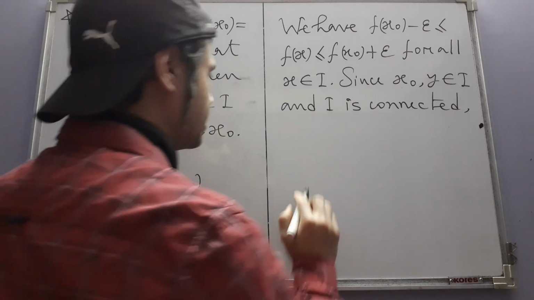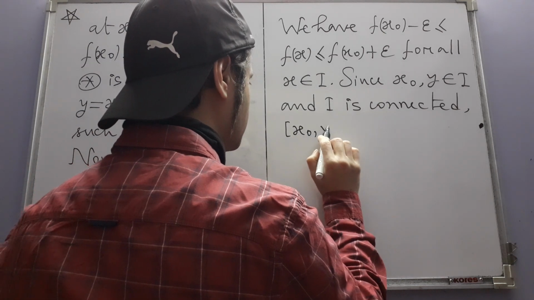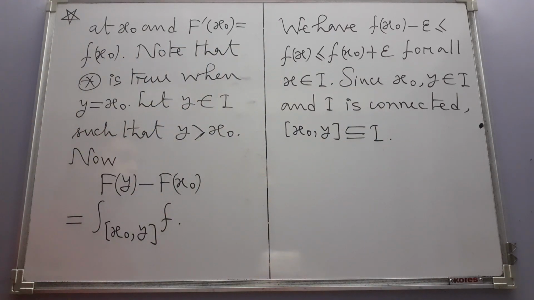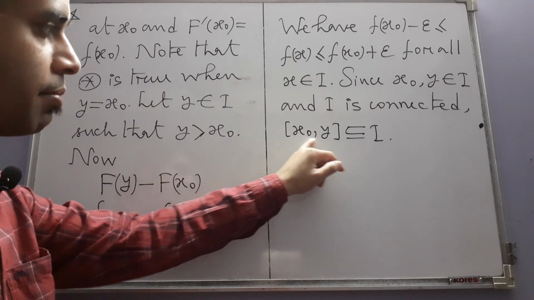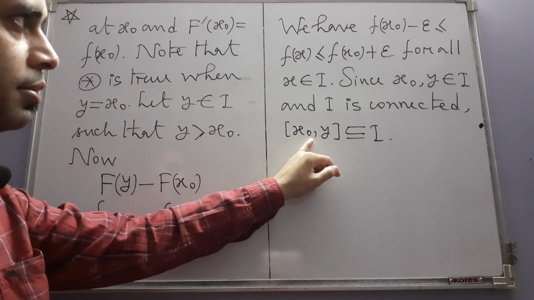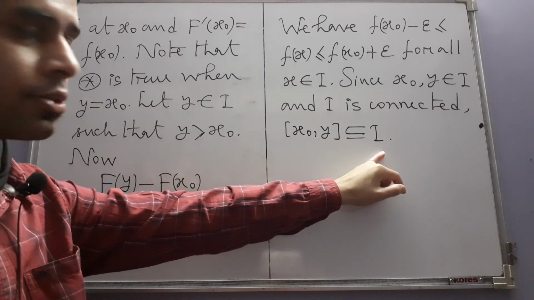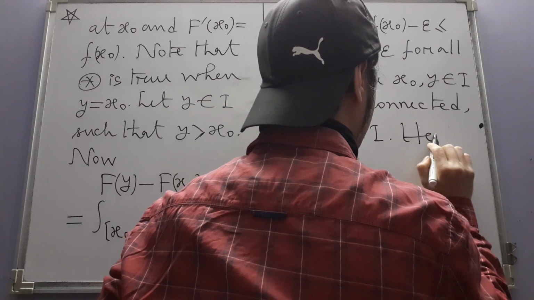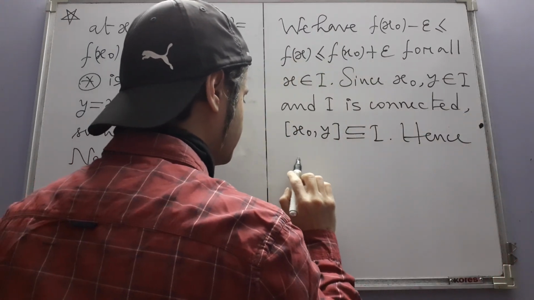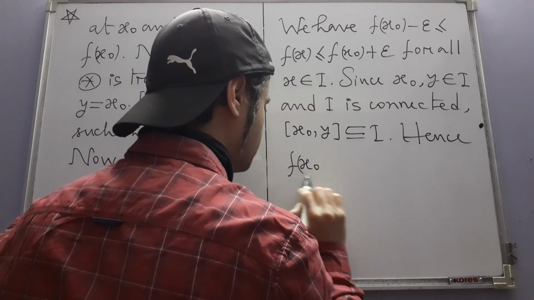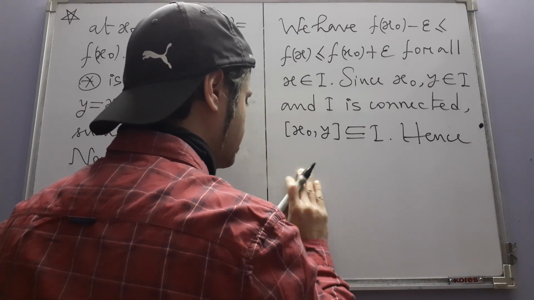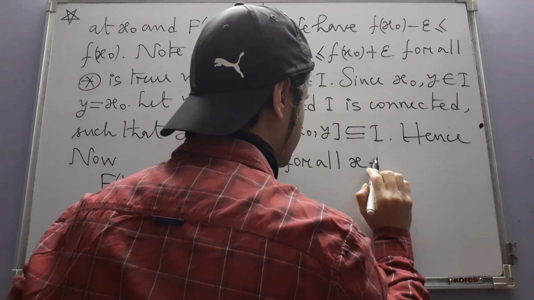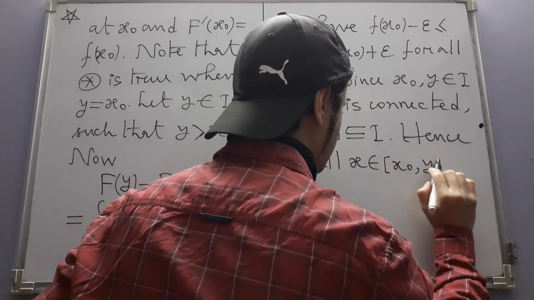Okay, so because it is connected, this is a subset of I, which means that any real number we choose from this interval, for that real number as well, because it will belong to I, these inequalities are going to be true. Hence, let's just write that first. Hence, for all x belonging to [x naught, y],